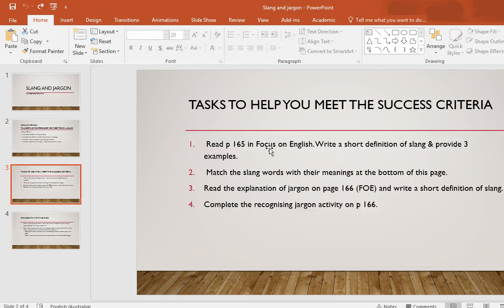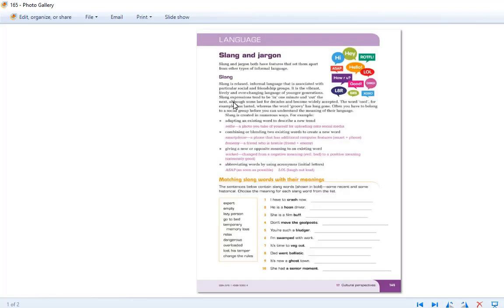And this is what you need to do. Tasks to help you meet the success criteria. Read page 165 in Focus on English. Write a short definition of slang and provide 3 examples. Okay, so if we look at page 165 of the text, there is